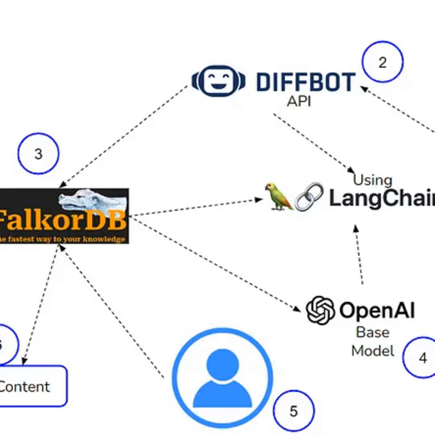So we've got this powerful database, FalkorDB, this whole RAG concept. But how do we actually use it? Make something with it? Well, luckily the article walks us through an example. Oh, nice. Yeah, and it's more straightforward than you'd think. They bring in a few other tools, Diffbot API, LangChain, OpenAI, just to show how it all fits together.